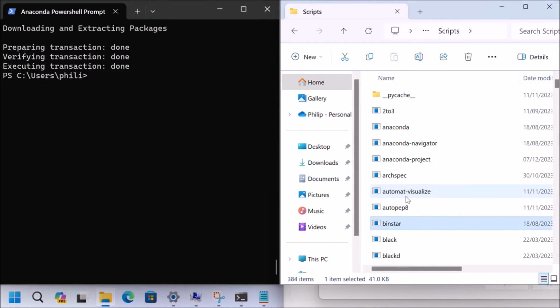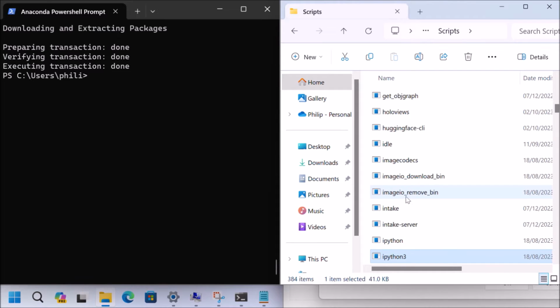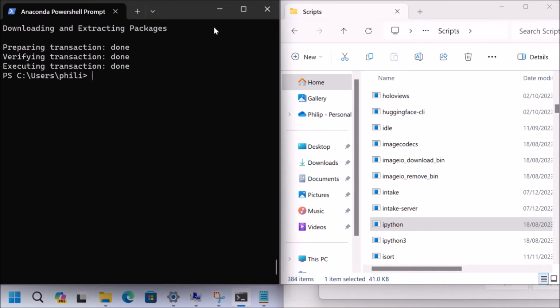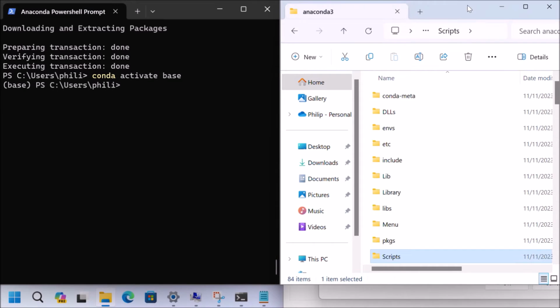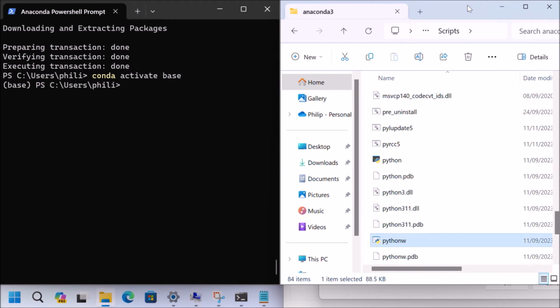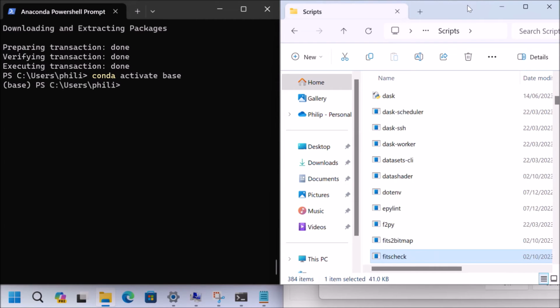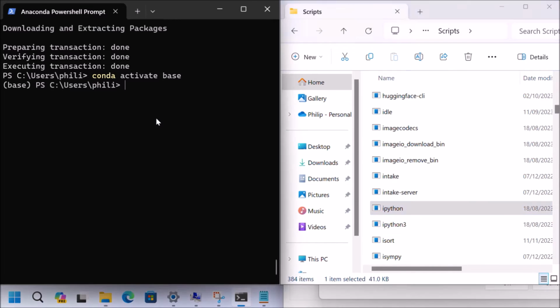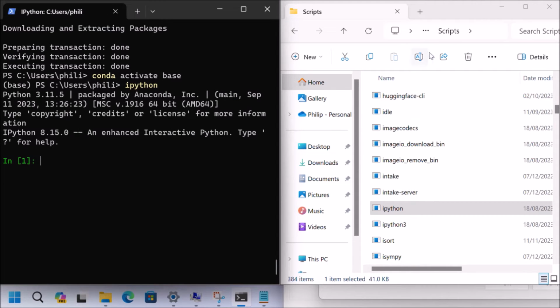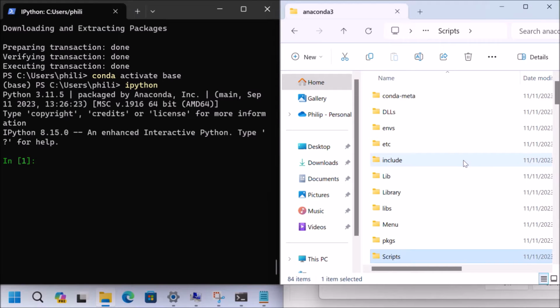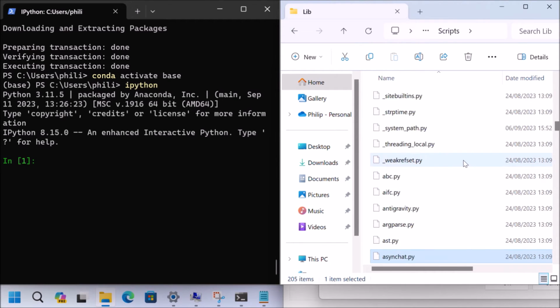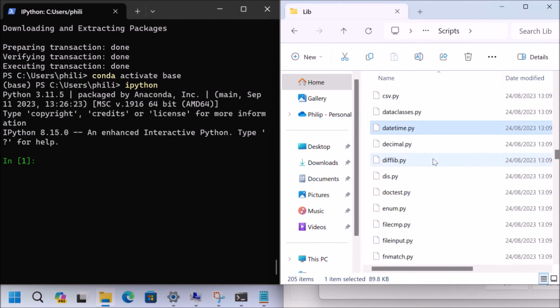So now that the Anaconda Python distribution has been updated, I can activate the base Python environment using the command conda activate base. And if I have a look in the Scripts folder, notice I've got the application IPython, which is interactive Python. So if I go up a level back to the Anaconda3 folder, notice that there is a Lib subfolder which contains Python's standard modules. So here we see a standard module,